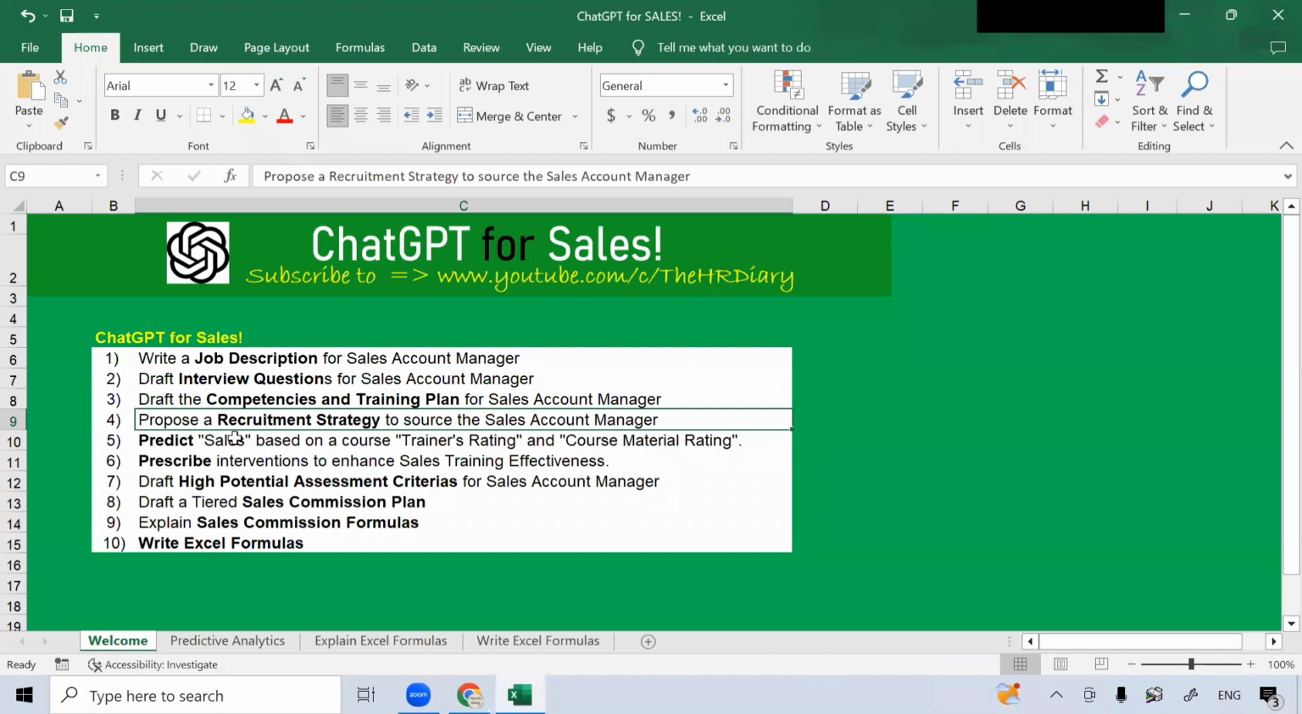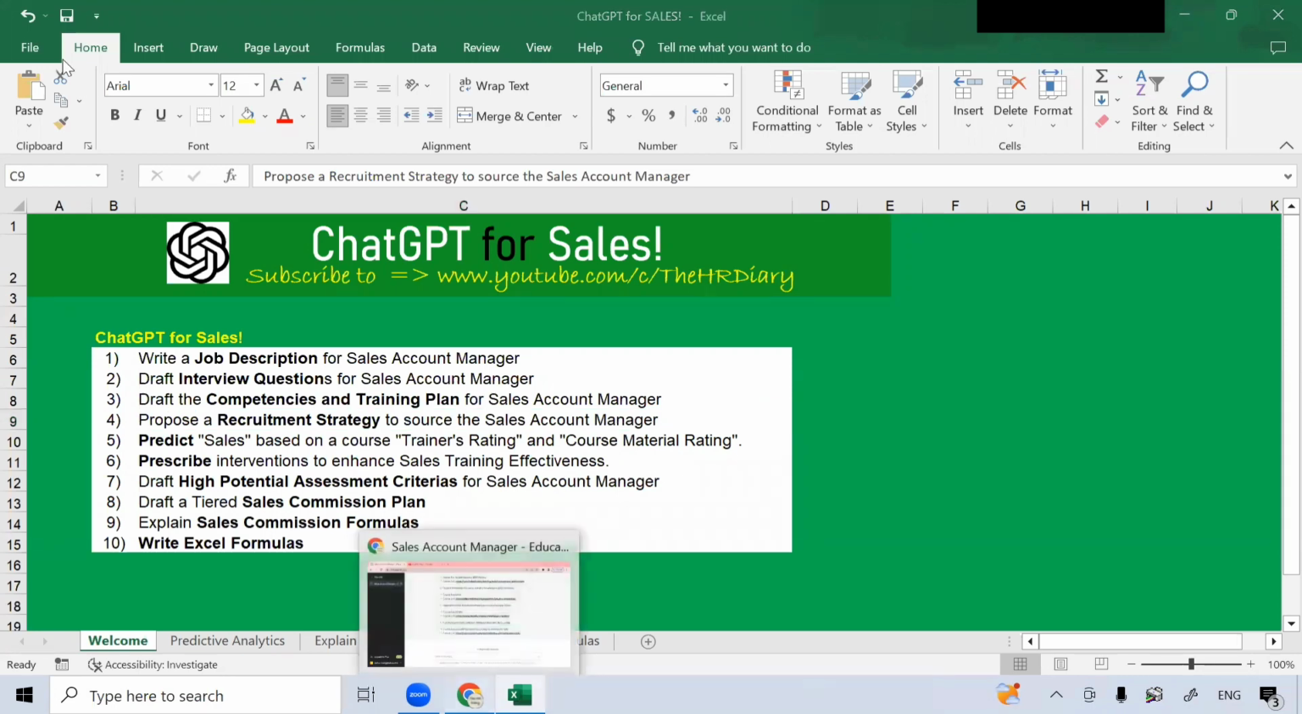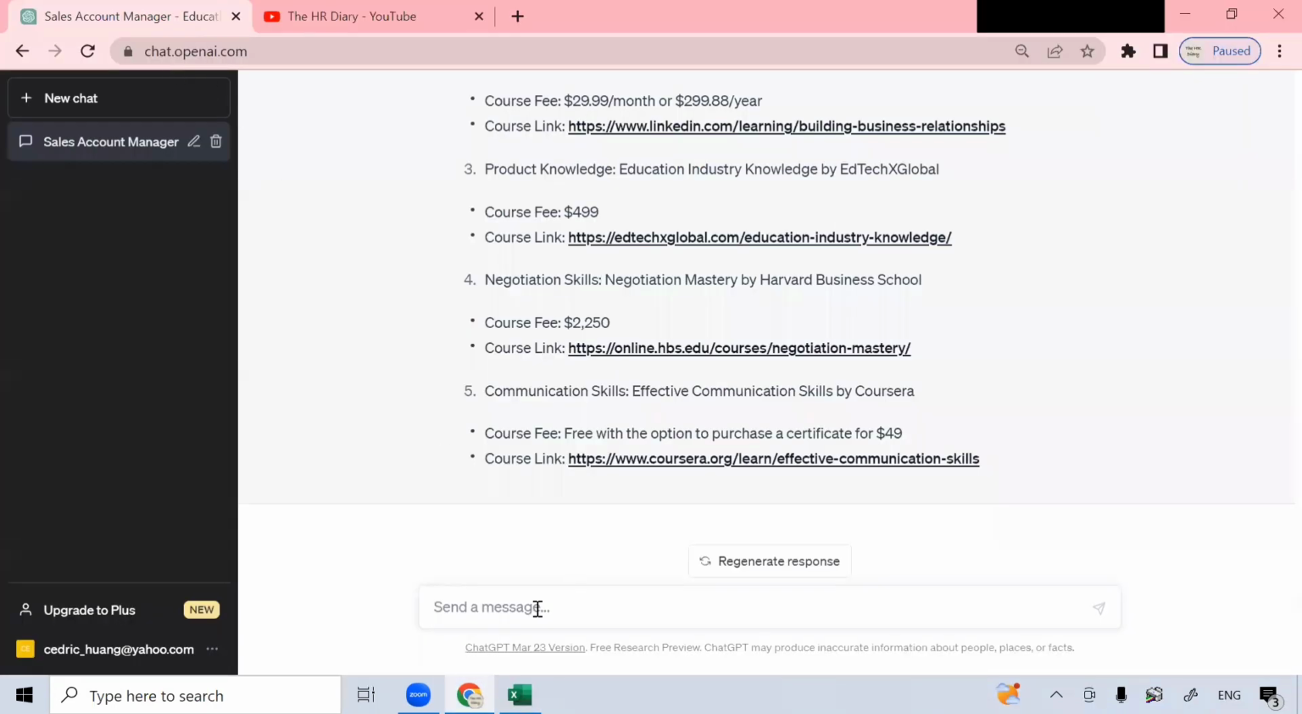I wanted ChatGPT to propose a recruitment strategy to source for the sales account manager. Sometimes recruitment is an issue. You can't hire the candidate you want. So now I want ChatGPT to help me with this. So I go back to chat.openai, and now let's type here, propose a recruitment strategy to